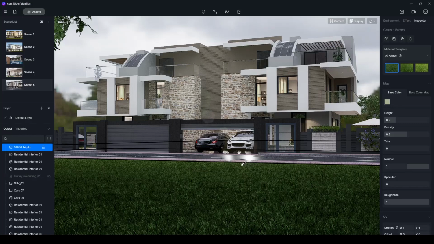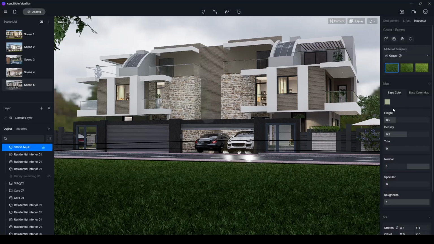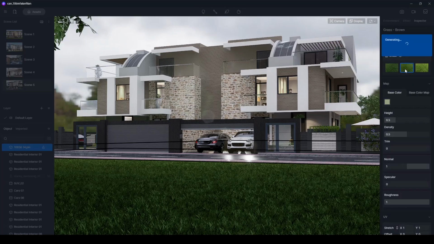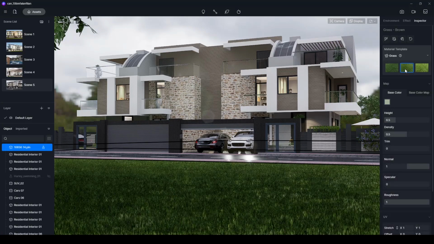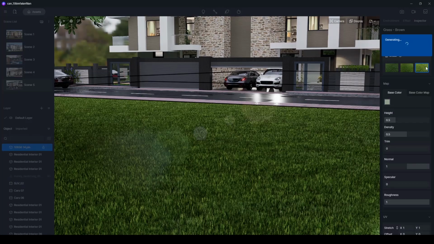We can decide which template we are going to use. From the top right of the window, we have material templates, and we have three options here. First one is this one, and we can change the options. Second one, and third one.